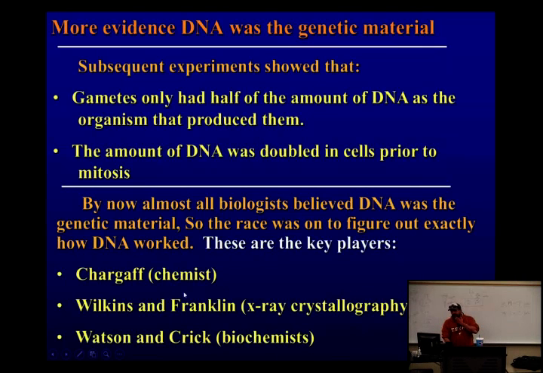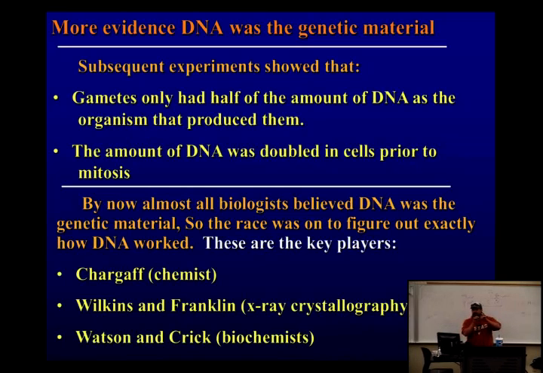Okay. Then Maurice Wilkins and Rosalind Franklin, their expertise was taking molecules and crystallizing them and then shooting X-rays through it. It's kind of like taking a weird picture of a silhouette, so you can tell what an animal is by looking at its shadow. So they could tell what the shape of molecules were based on the shadow they produced from X-rays.